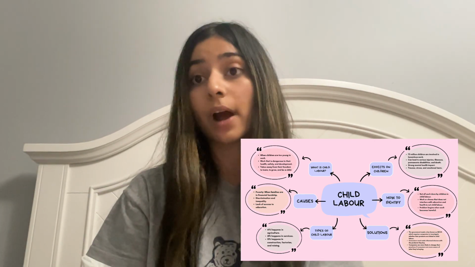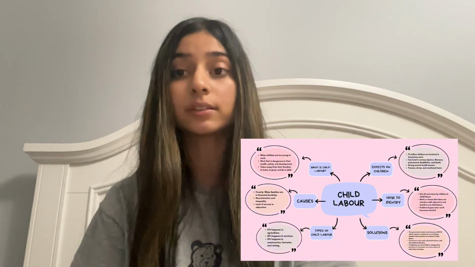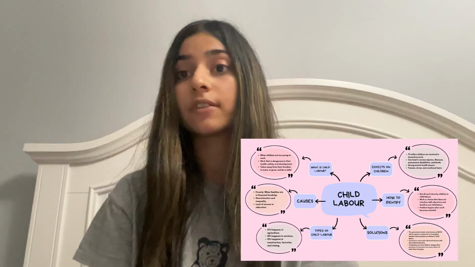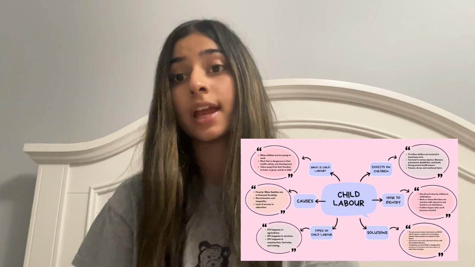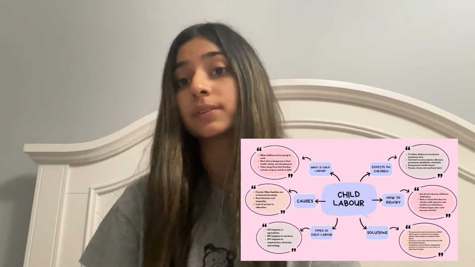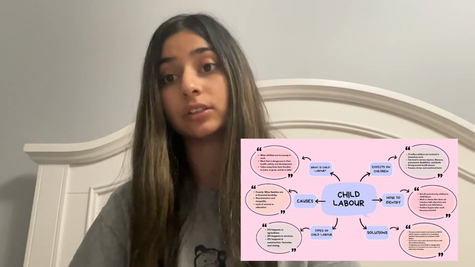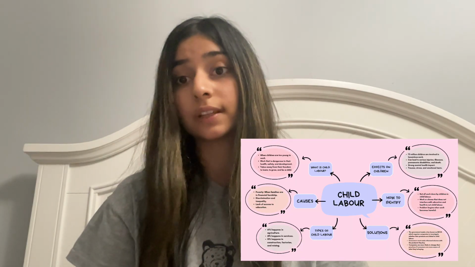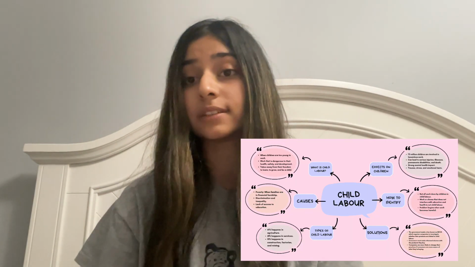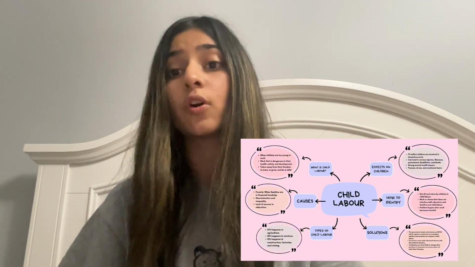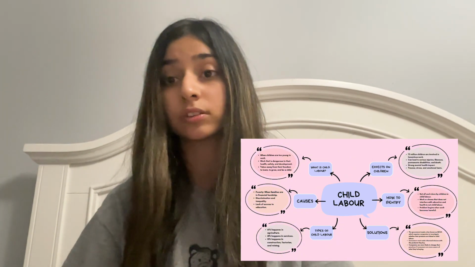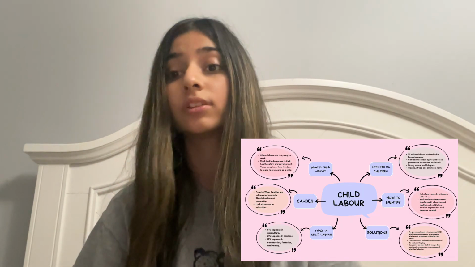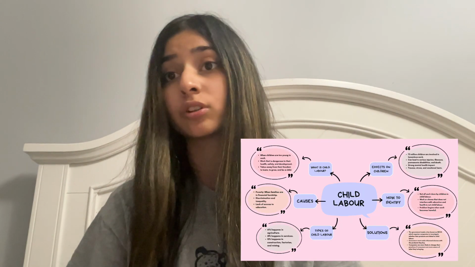Now that we understand why child labor happens, let's move on to the next branch of my mind map, which is the different forms that it takes. About 61% of child labor happens in agriculture. This includes work on farms, where children may plant, harvest, and carry heavy loads, often in extreme weather conditions. The second most common form is services, which makes up about 27%. This includes domestic work in homes, selling goods in markets, or working on the streets. The remaining 13% happens in industries such as construction, factories, and mining, where there are often dangerous work environments.